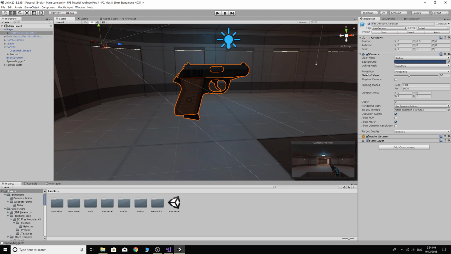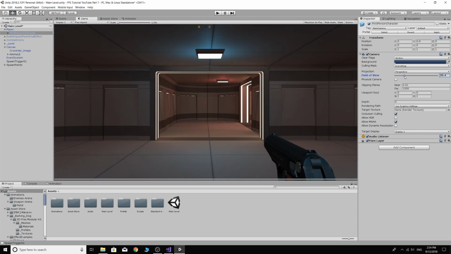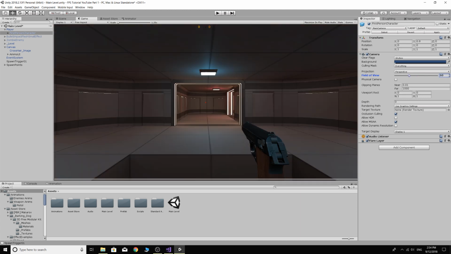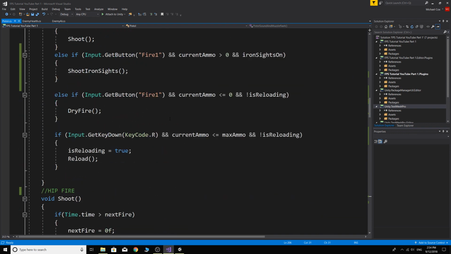And on our camera we have our field of view, and you can see it's on 60 at the moment. If I move that down, we zoom in. If I move it up, we zoom out, okay? So the standard value for it is 60 usually. And what we're going to do is we're going to our pistol script, and we're going to need,